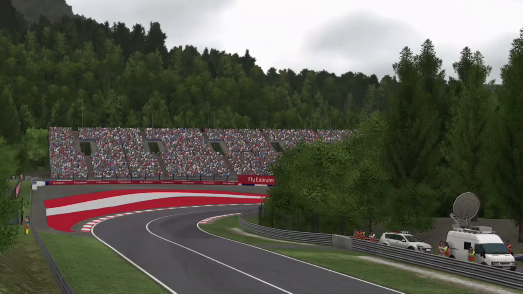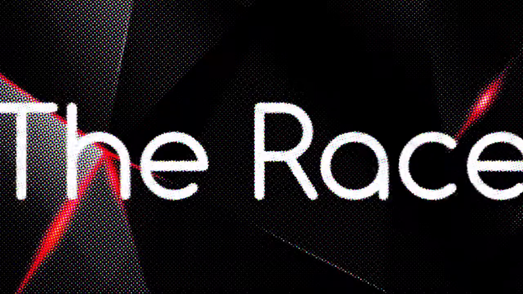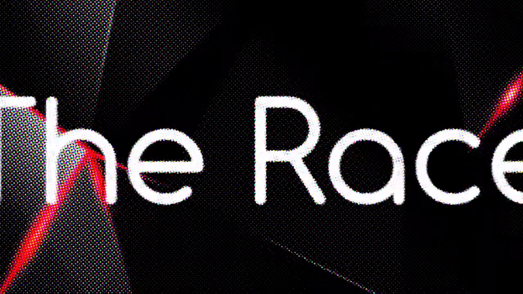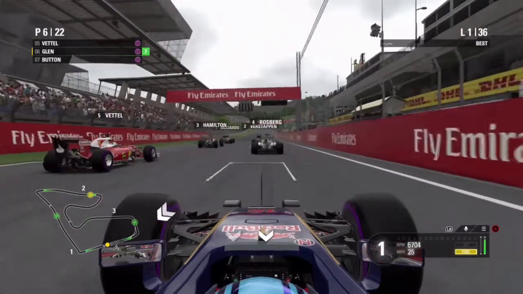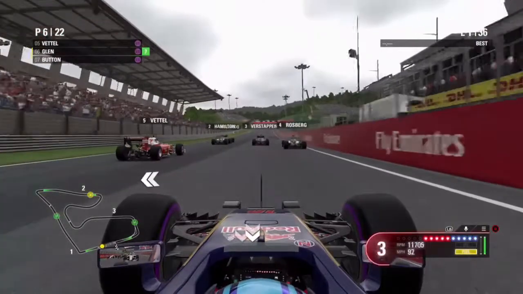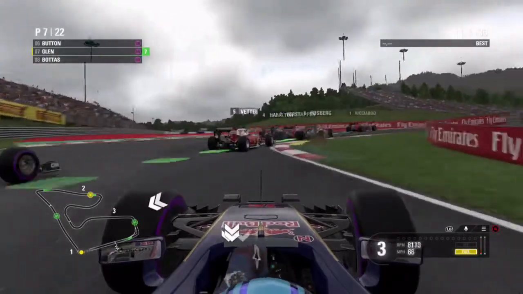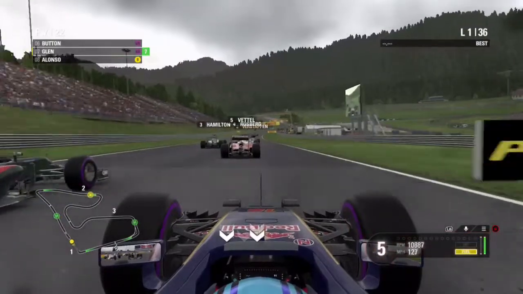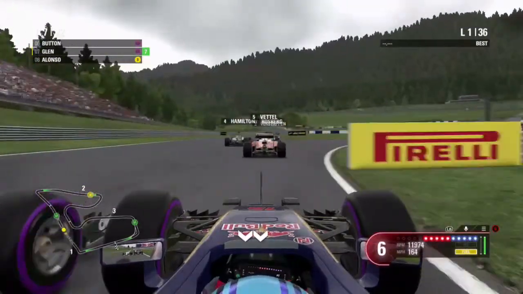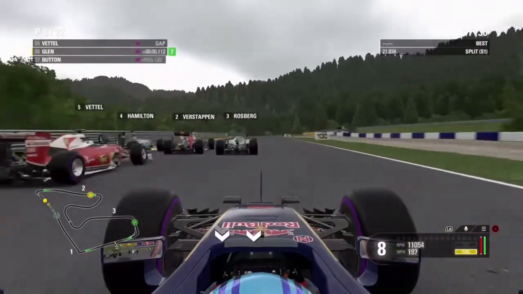Now it's almost time to lights out, so let's go down to the track. And it is 5 red lights for the Austrian Grand Prix, and away we go. Looks like we've not had a good start compared to the people ahead of us, but it's going to be 3 wide going into turn 1 as we go side by side with Jenson Button, as we go into the slipstream of Sebastian Vettel, as we get a good run down to turn 2 as the Mercedes and Verstappen go